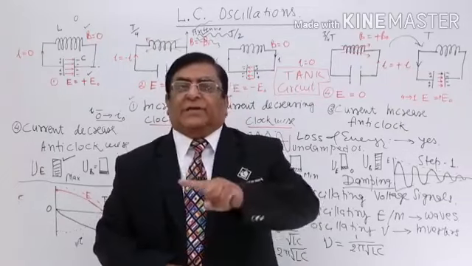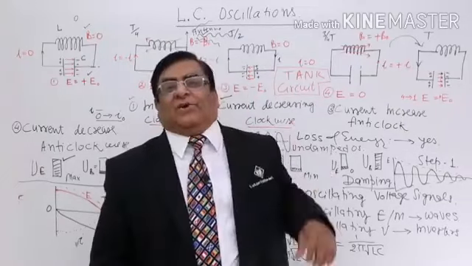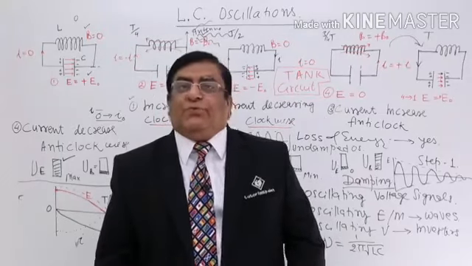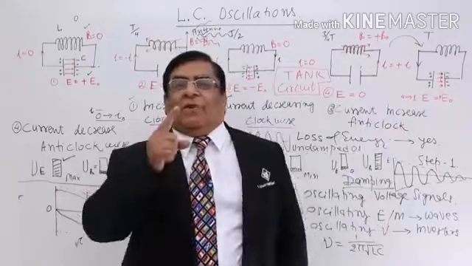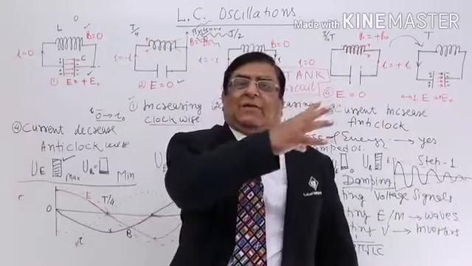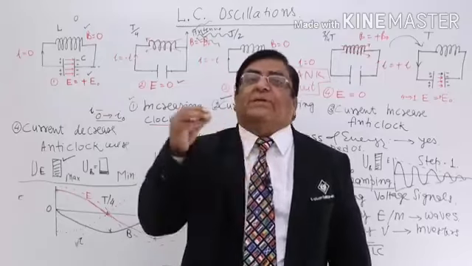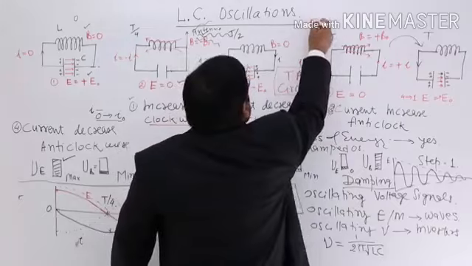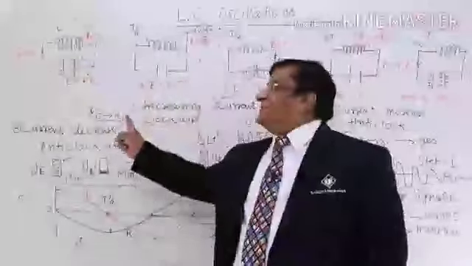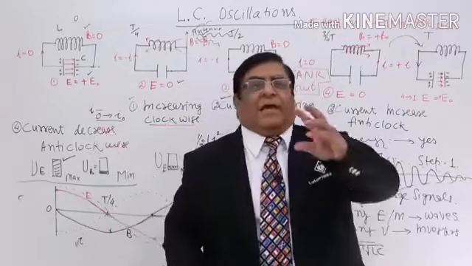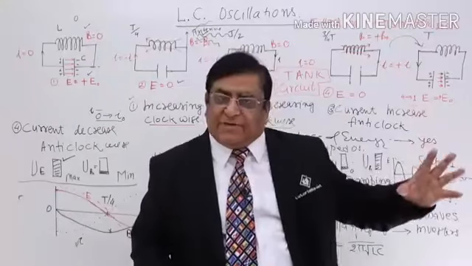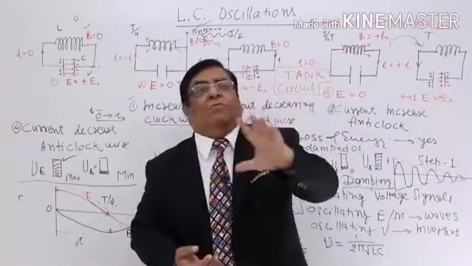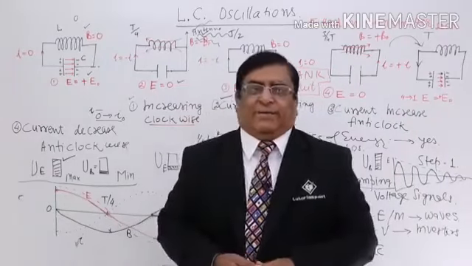So far you have seen the tuning circuit and the LC oscillation circuit. What is the relation between them? Where do we fit this LC oscillation? When we have to send a signal with a particular frequency, transmit the signal, this is fitted in the transmitter section. So this is sending the wave, and the LCR series circuit is receiving the wave. This is how our mobile is working. This is how all wireless devices are working. Thank you.